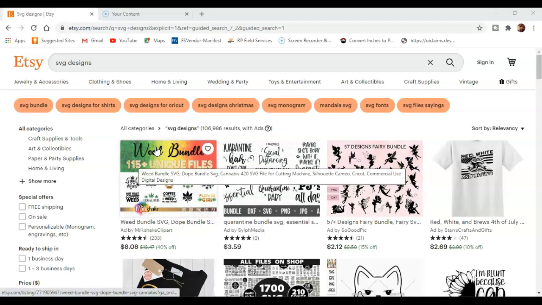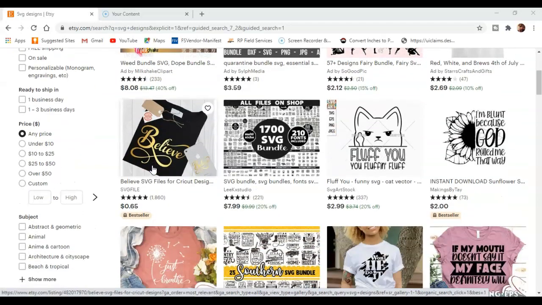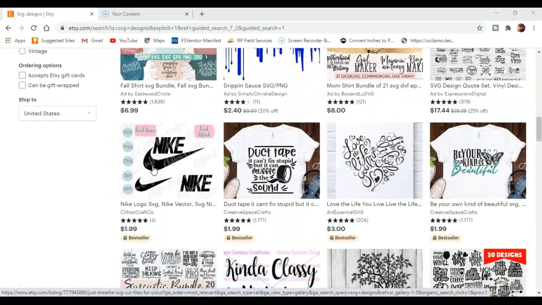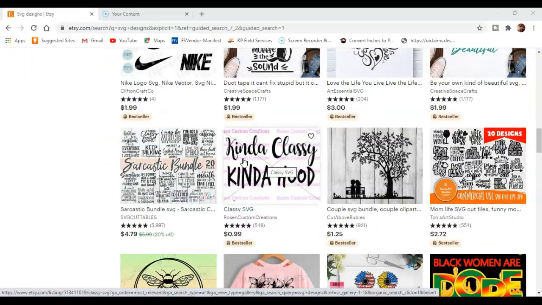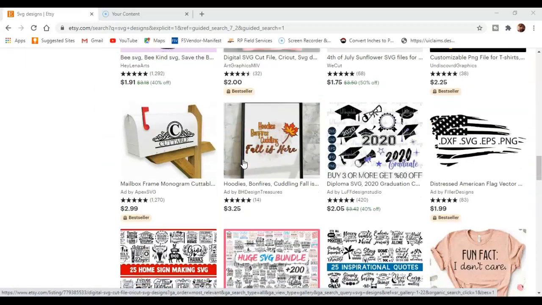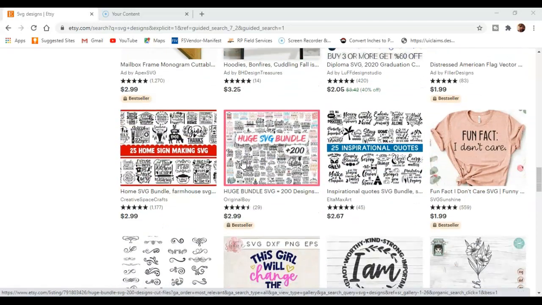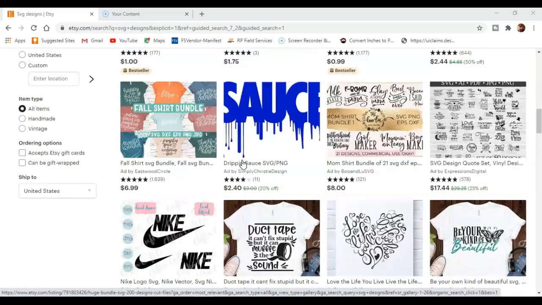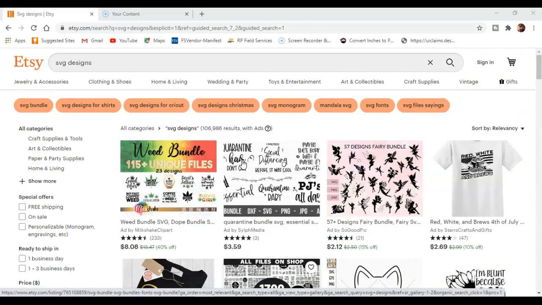Okay, so right here I'm on Etsy, and as you can tell, once again, SVGs are still really hot sellers. So I think it's going to continue that way for a long time. And by the way, if you don't know what an SVG is, it stands for Scalable Vector Graphic. It means that it is high quality, and you can stretch, pull, and do whatever you need to do